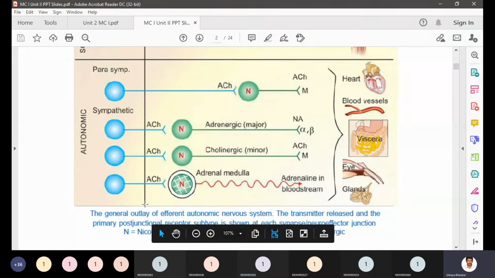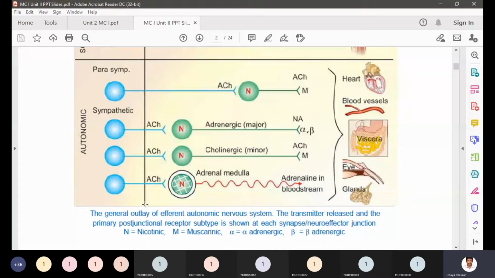Then we have the parasympathetic nervous system and sympathetic nervous system. We have two neurons, one arising from the center of signal. Then it will have a junction called ganglia. From that ganglia, a second nerve fiber goes to the site of action. Here you need to observe the differences. The nerve fiber which comes and ends at the ganglia is called the presynaptic nerve fiber, and the nerve fiber which starts from the ganglia is called the postsynaptic nerve fiber. This anatomy will be discussed for you in your pharmacology subject.